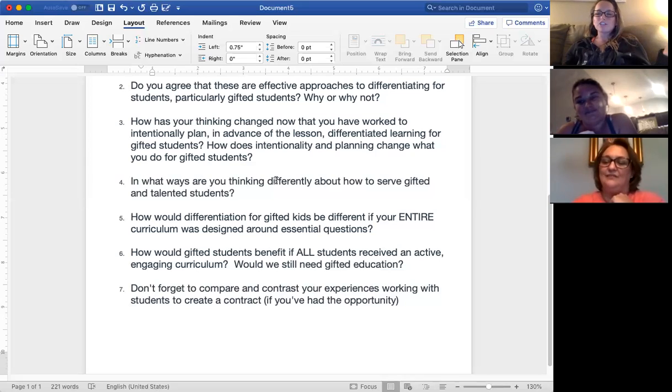They're not going to say, why is your gifted kid in the red? Because he's still passing. Or why didn't your gifted kid grow? You know what I mean? Gifted kids are hard to show growth in sometimes, but it's just as important to show gifted growth as it is to show growth for those other students.